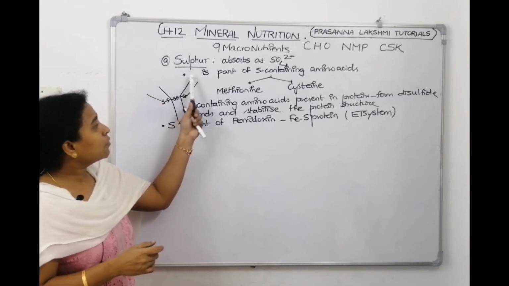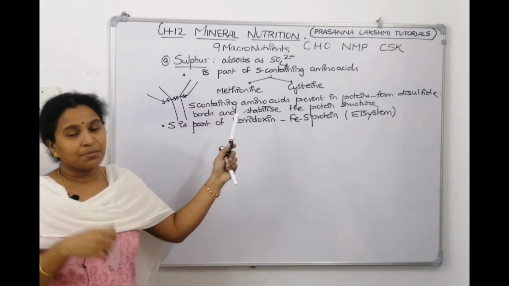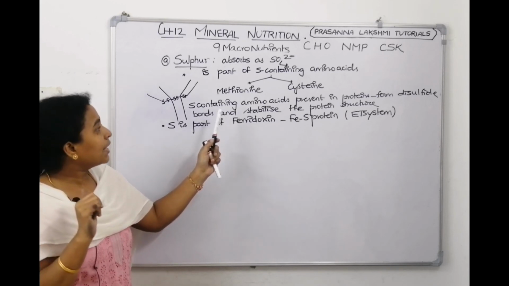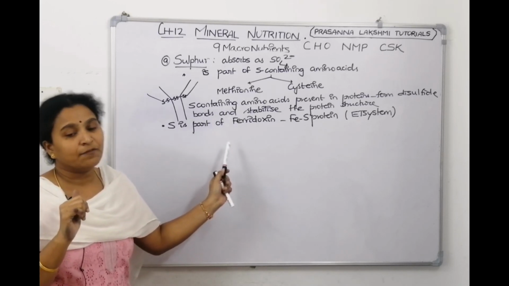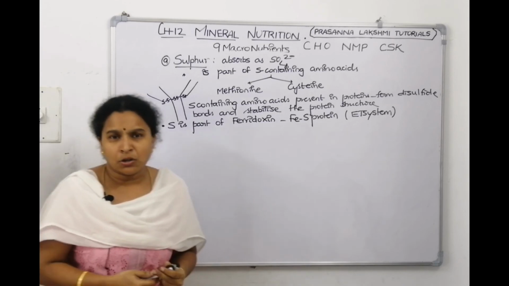Okay. The first role of sulfur is it's a part of sulfur containing amino acids, methionine and cysteine. The second part is it's a constituent of iron sulfur protein called ferredoxin. Not only that,